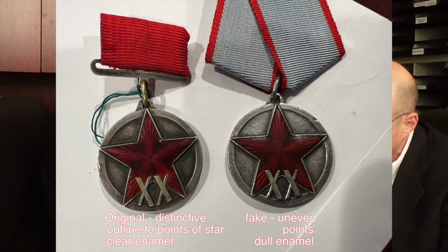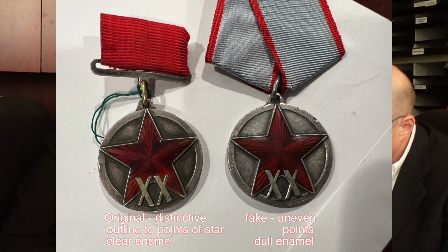Now, in some cases, it may be due to the metal being scratched, to wear to the top layer, rubbing the enamel. But it's not the case here. You don't see that much wear. There are some scratches, but in a side-by-side comparison, we really see a distinct difference. And here's another giveaway. Look at the edges of the star, of the enameled part of the star, and how they meet at the point here. You will notice that this edge,